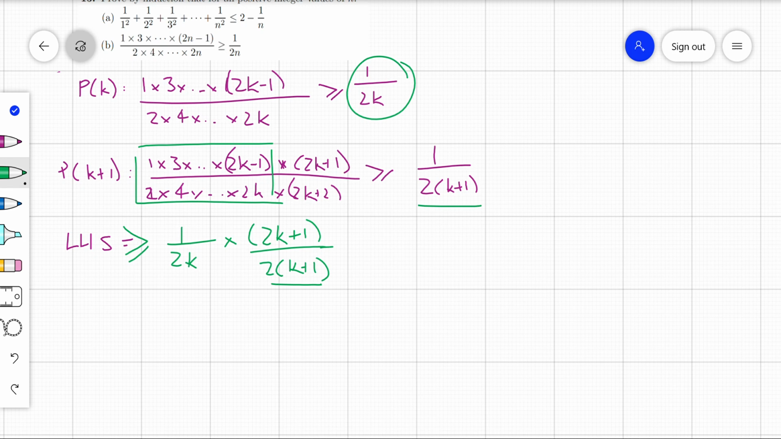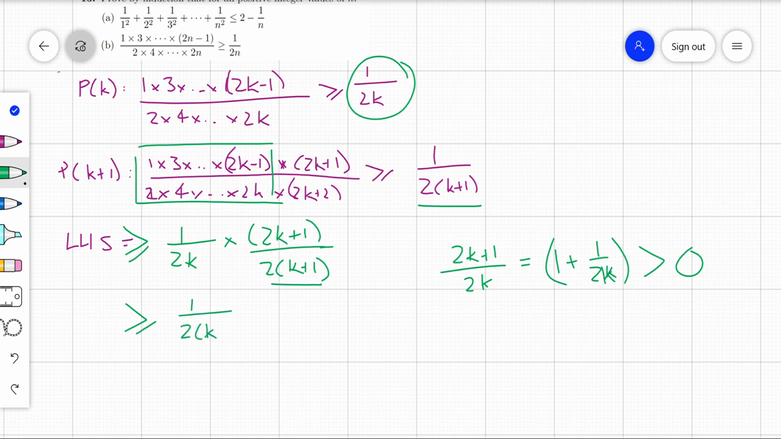So the other part is 2k plus 1 on 2k. And that part we can see is clearly like it's 1 on 1 plus 2k, and remember k is positive. So that is definitely greater than 0. So if I just take it out, if I just subtract it, I'm getting something that's even smaller, right? So if I just get rid of it, that's going to be even smaller,